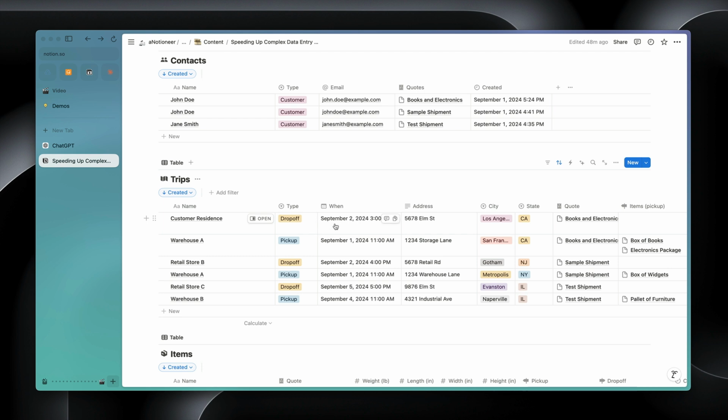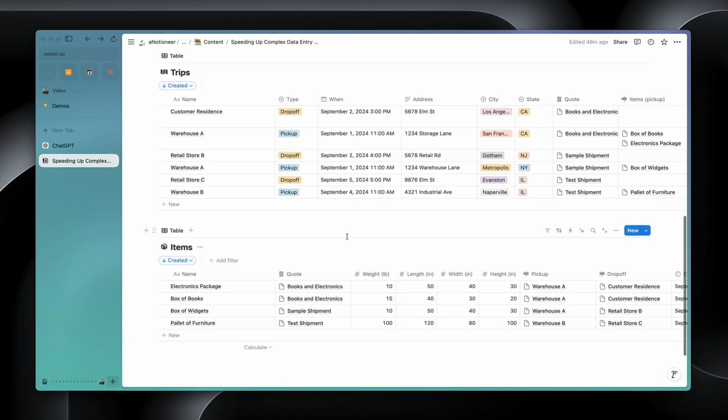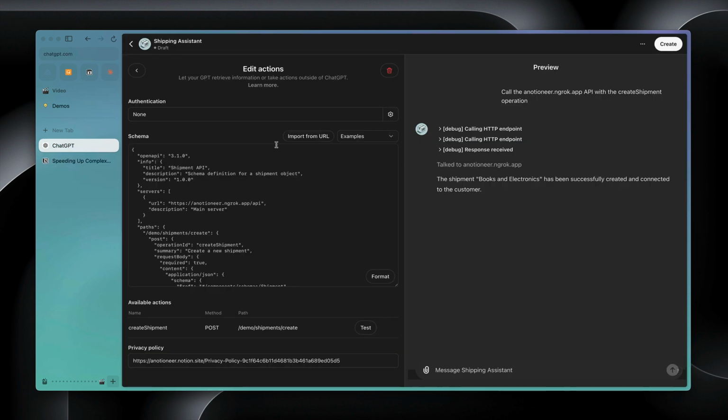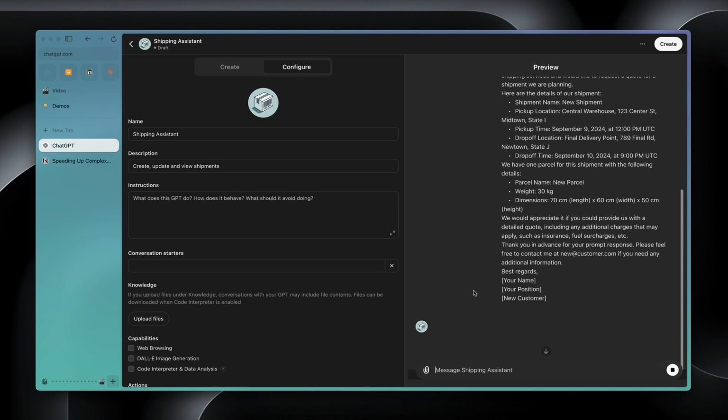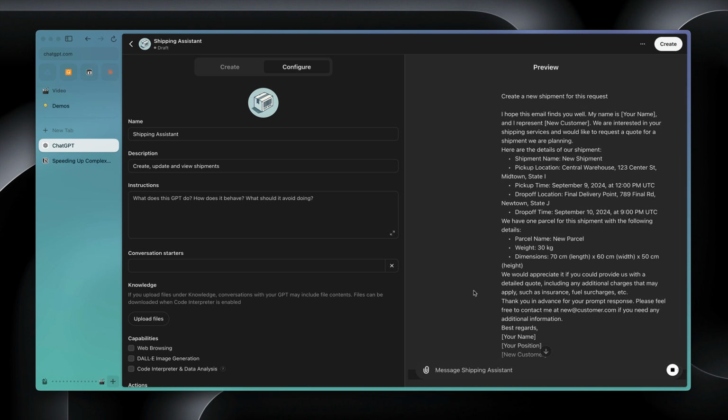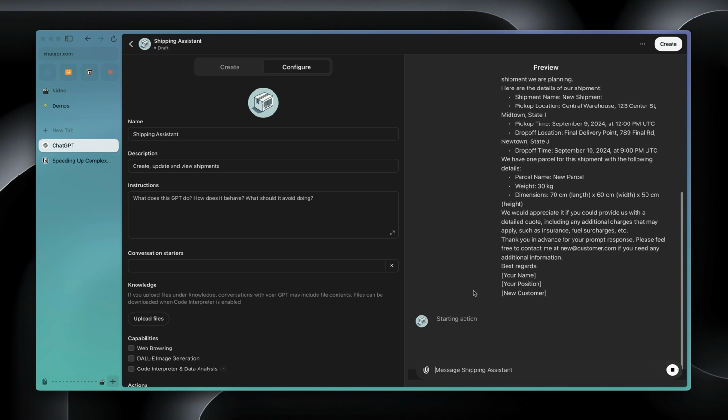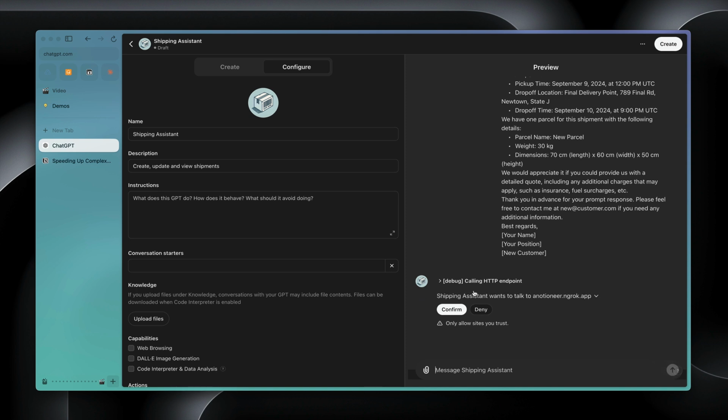So we've got the details of the trips to pick up and drop off our items. And then we've got these items here, which it has created for us, which are obviously the items for this particular shipment. So now that we've confirmed that that works, let's see if we can paste an email into the chat and see if it will process that as well. And this is basically the email. I've generated this using AI as well, so it's fairly well written and fairly nicely formatted. Yeah, there's enough content in there for the AI to have to do some work in order to extract the details. So if we click confirm there,